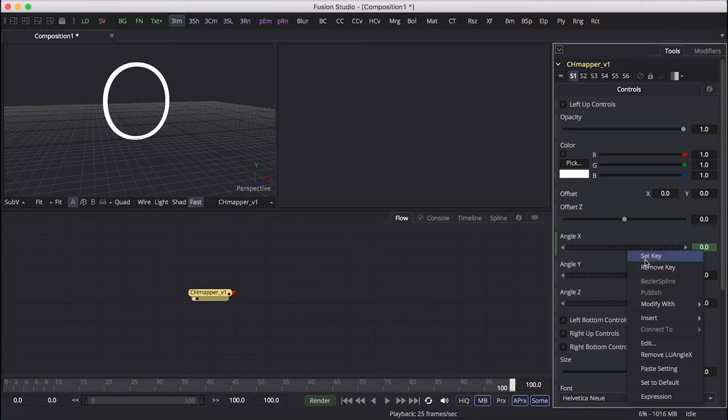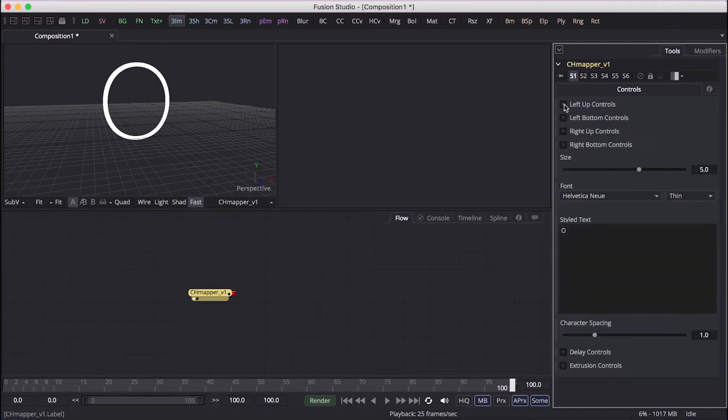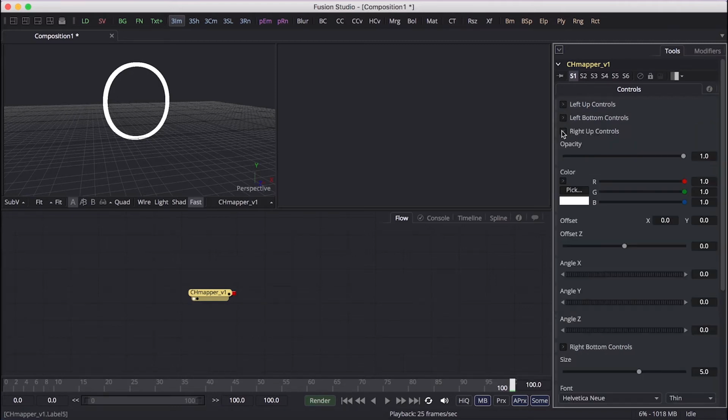Now, I want to start from the right up controls. Okay, let's start with angle Y, right click, animate. This is going to be the last one because it's at 100.